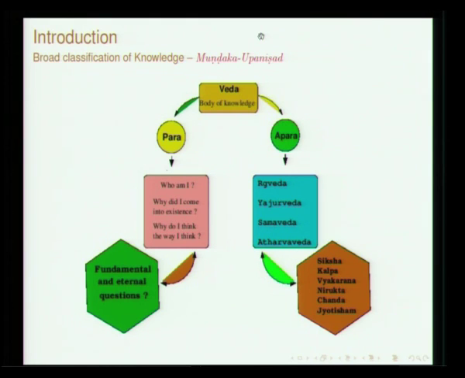Ganitam is not listed, but the development of mathematics, as you might have seen, is primarily in trying to solve problems in astronomy. As we will see later, the connections between the mathematical development and the application in astronomy will become quite evident in the later part of the course, as to why they had to solve first order indeterminate equations and so on. This is how one is able to relate mathematics with the most ancient scripture. So, this Jyotisham includes Ganitam too.